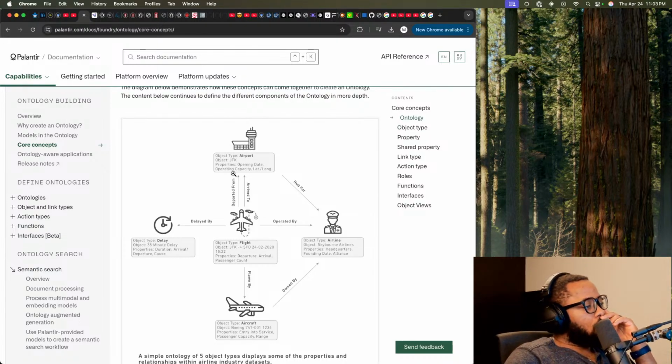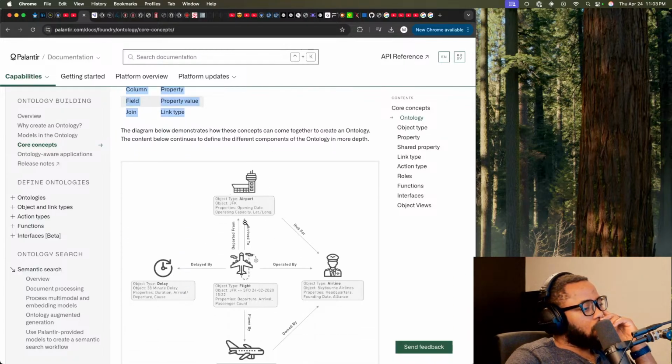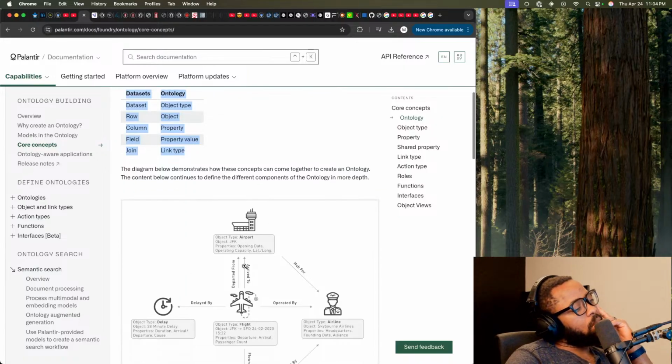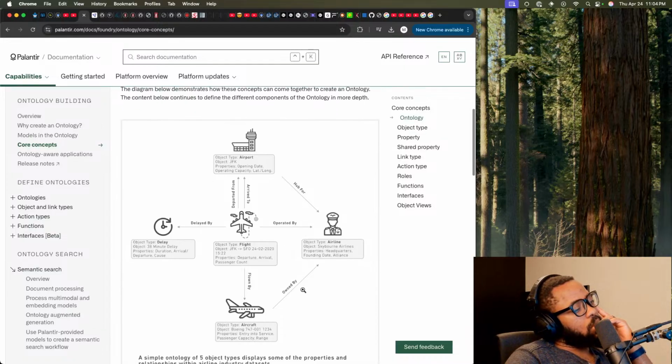Just following this mapping here. So you have the data set. JFK will be a row in the table. So you could say that this is the airport table. Each row is obviously an instance of an airport. The properties here will be the columns of the table.